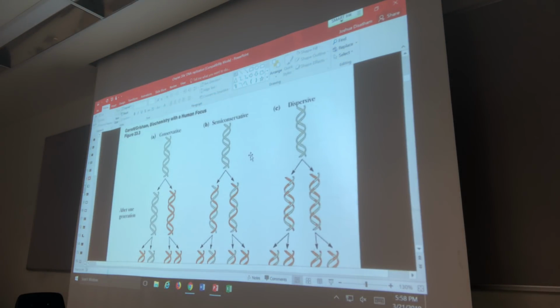The way it works is you have old DNA and new DNA defined by particular isotopes. You see this lighter colored DNA is defined as old DNA in the experiment. It is made with nitrogen 14. Well, where does the nitrogen come from? Nitrogenous bases. Your DNA is made of nitrogenous bases. So what they did is they had DNA with nitrogen 14.